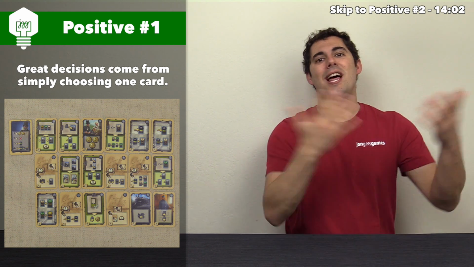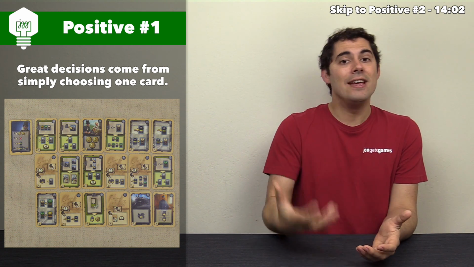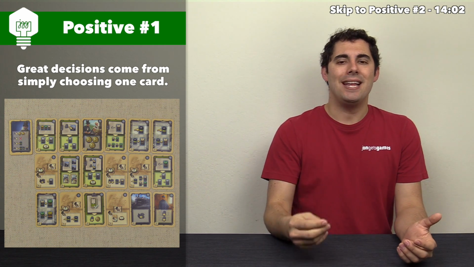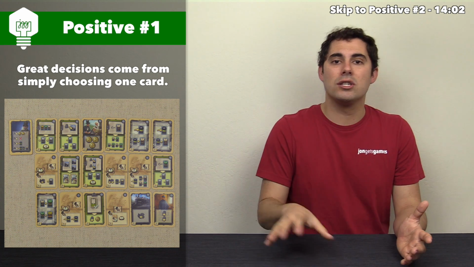The first card, lots of options. Third card, very, very few options, and that is because of the interaction between the players, because you're taking these cards and you're denying your opponents those options. But in a very cool addition, you have the sweeping of the rest of the cards off of a row